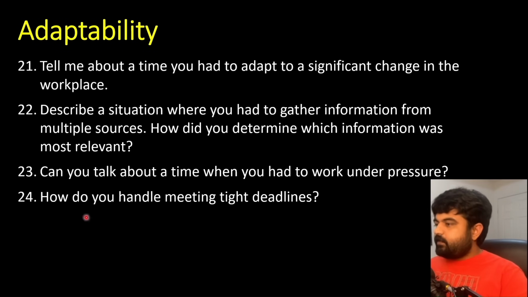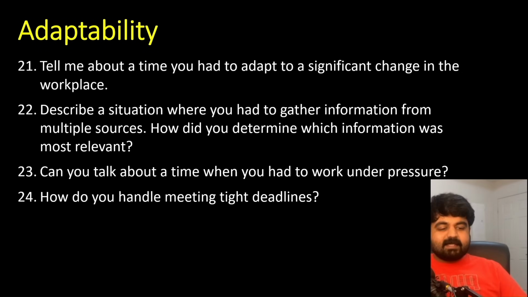Okay. Next one is, how do you handle meeting tight deadlines? I mean, everyone must have experienced this at some point. If you have some tight deadlines coming up, make sure that you prioritize the current work you have. If you have too much work on your plate, feel free to delegate that work. Or if you cannot meet the deadline, convey beforehand to the consumers why you are not able to meet it, what the reasons are, and what the new timelines are going to be. Always assess where your current project is, where it is heading, what timelines you predicted, where you are, and what your next steps should be.